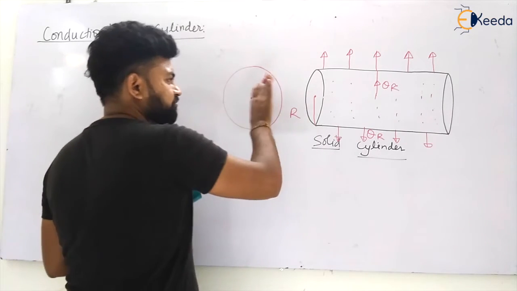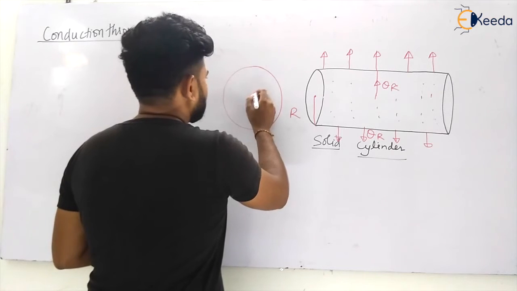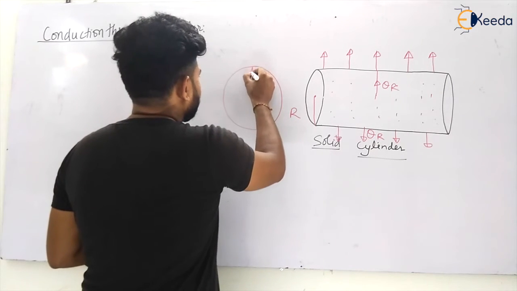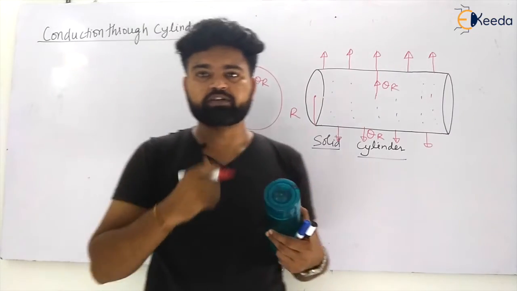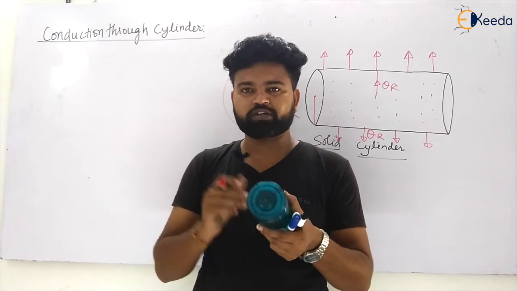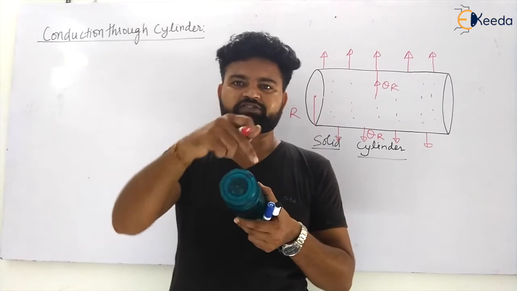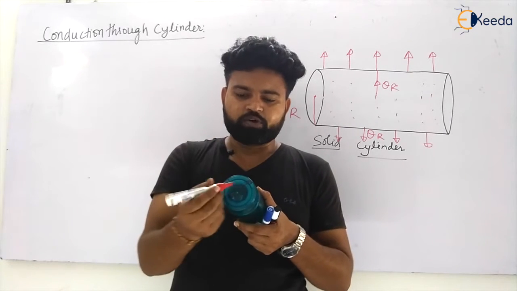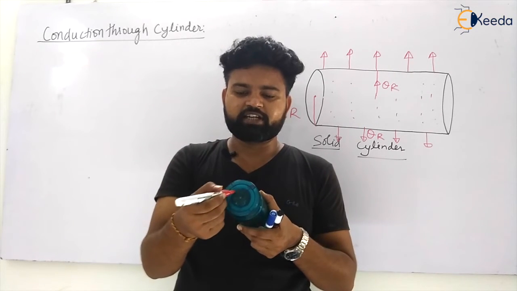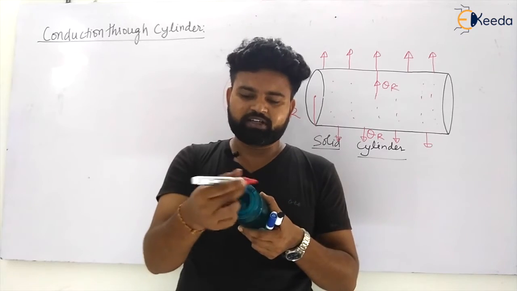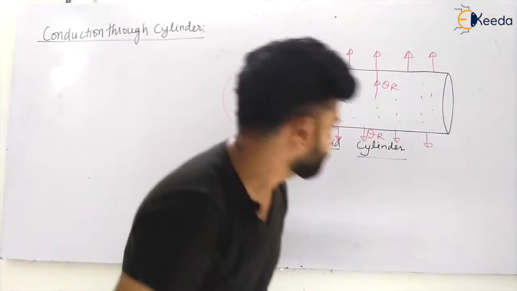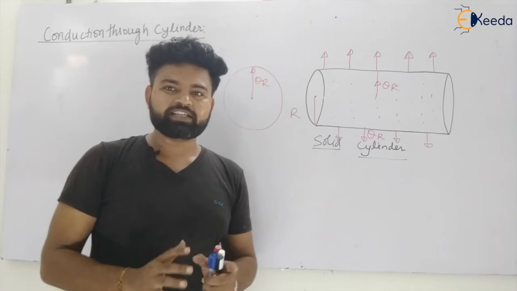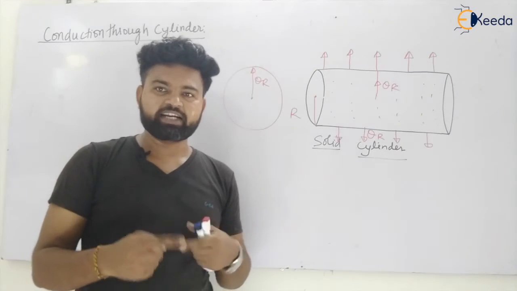If I see the front view, that is the side view, this will be heat transfer in this direction. So there will be radial heat transfer in this direction. Okay, my dear students, I hope you have got the concept. So from the center, there is heat transfer in each and every radial direction. Let us observe, my dear students. Now let us see what will be the heat transfer in the radial direction.